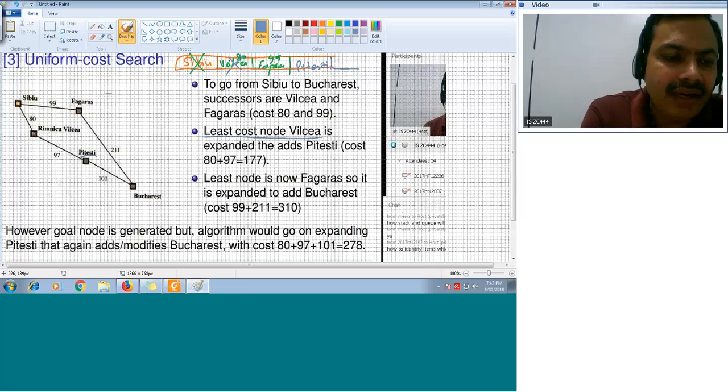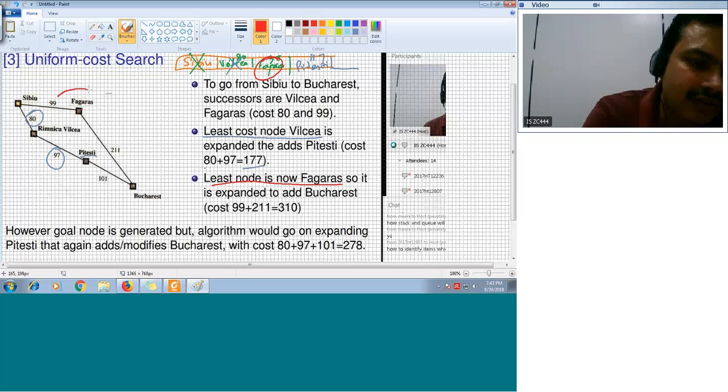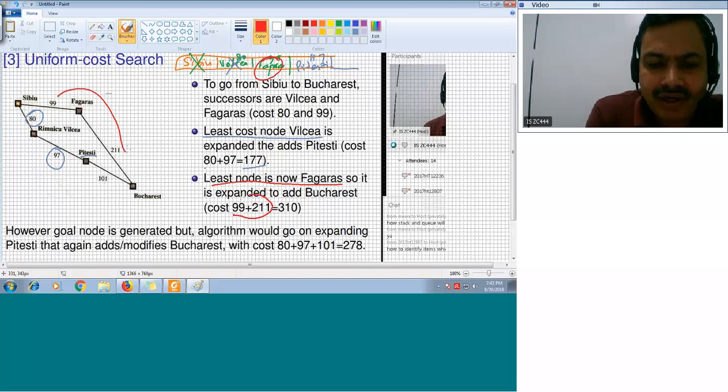But what is the value? It is 97 plus 80. I told you earlier, whatever value you have, 80 plus 97 is 177. So you are putting 177 over here. The next item you take out from the frontier is the one with 99. So the next node is Fagaras. What would you do? You would explore this, and when you are exploring it, you find 99 plus 211, which is 310. So you put Bucharest